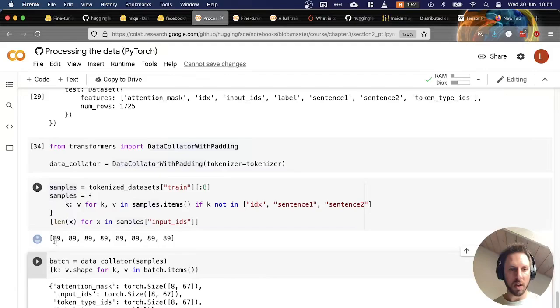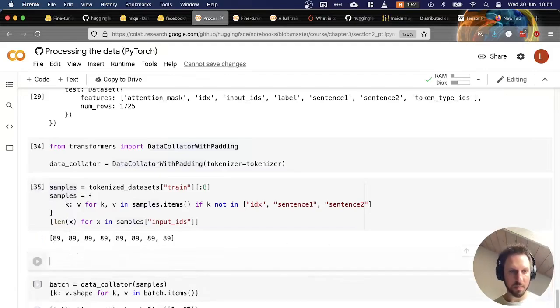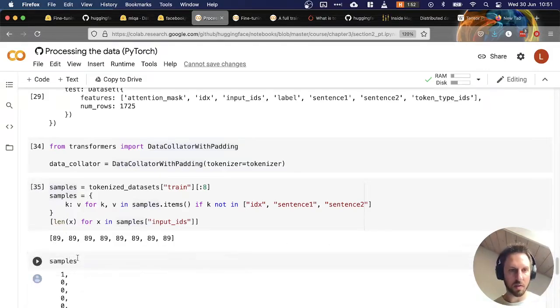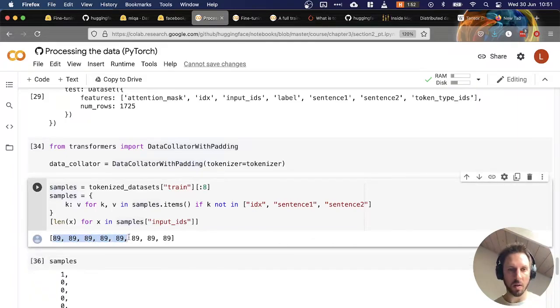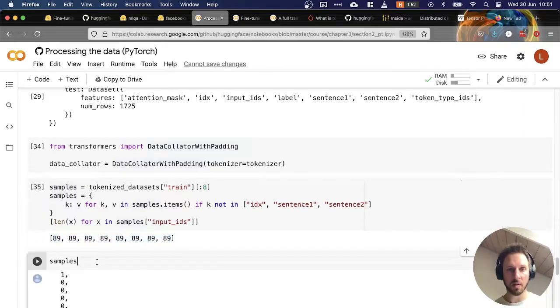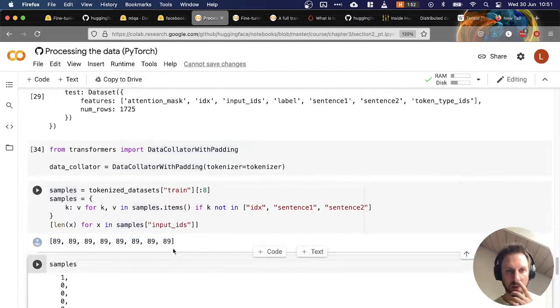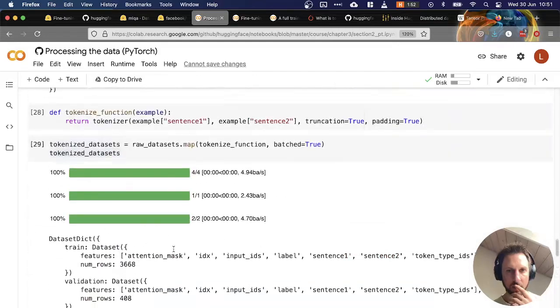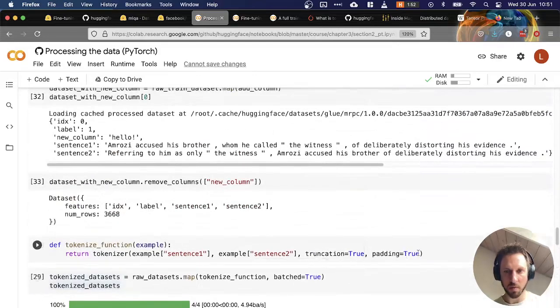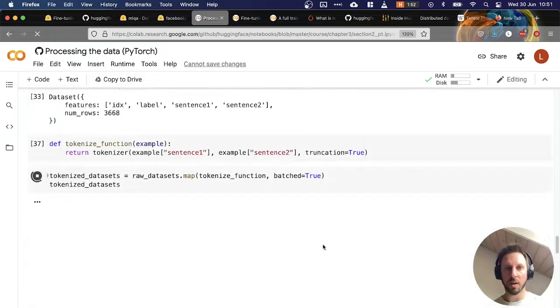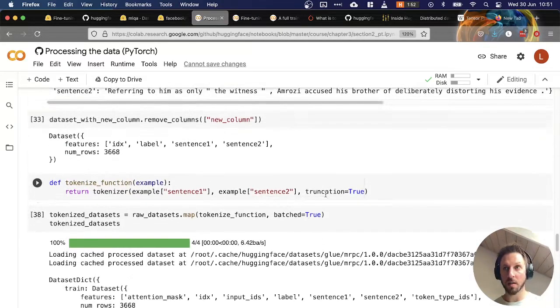what I've got here in my samples is just a list of the tokenized inputs, and they've got the same length for their input IDs. That's probably because I added padding. So let me get rid of padding here. Sorry. So I'm just going to re-tokenize my data without the padding in the tokenizer because we want to do